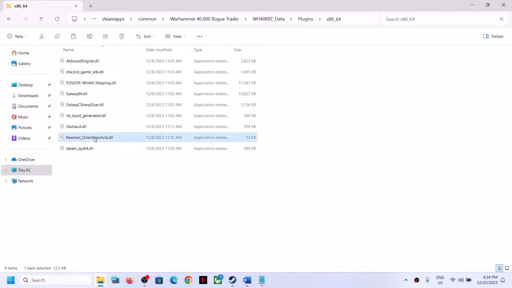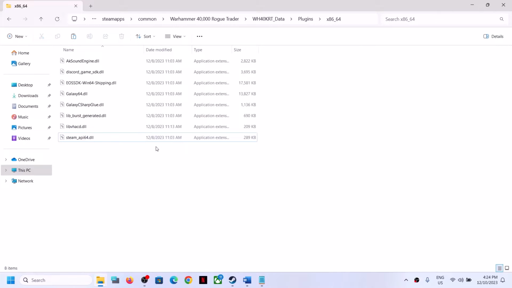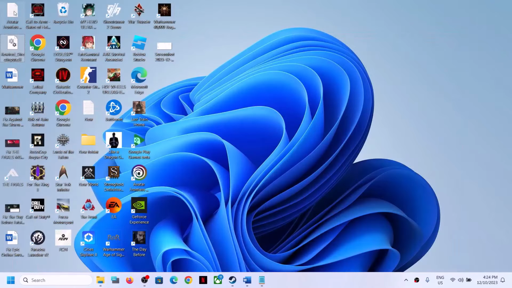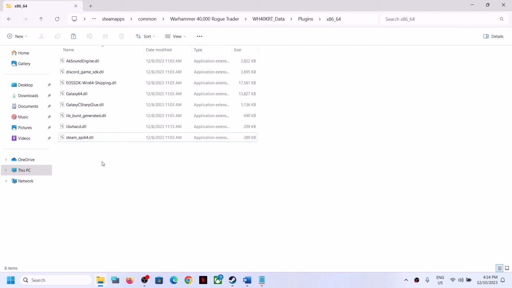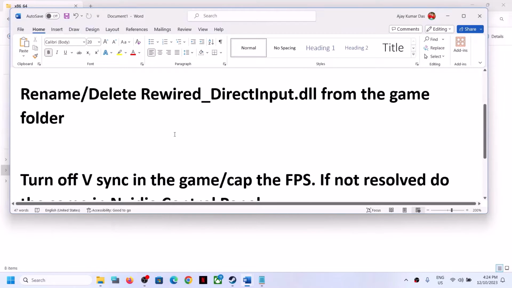If that does not work, you can right-click and even delete this file and then launch the game. You already have a backup, so if something goes wrong, you can copy this file and paste it back. So just create a backup, then rename or delete the file and check. If you're still facing the problem,